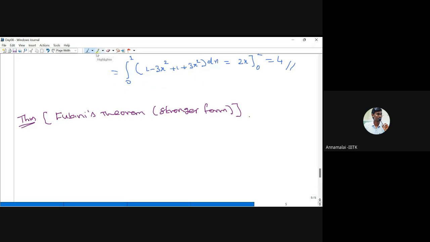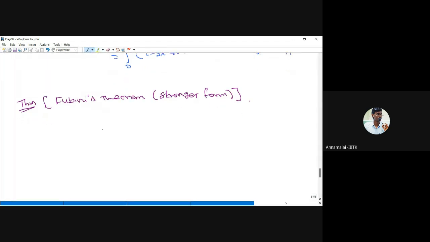So what does the theorem say? Suppose again we have a continuous function defined on some region R, but the region need not be a rectangle, maybe any region D. So if f of x comma y is continuous on a region R,